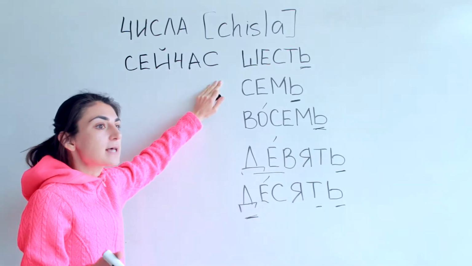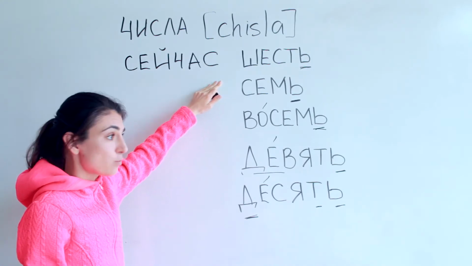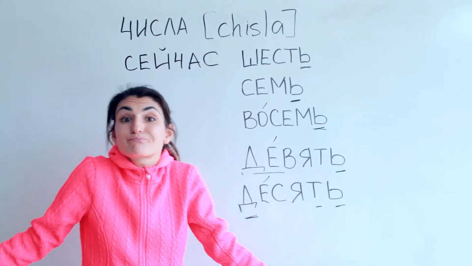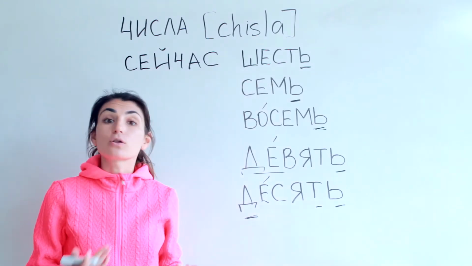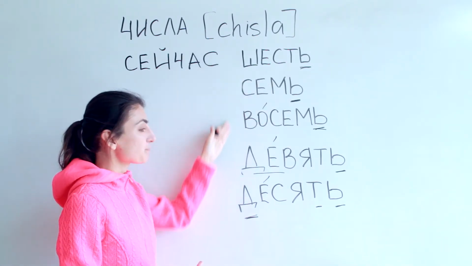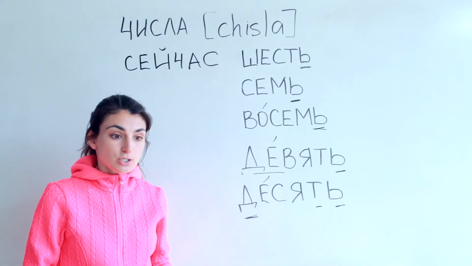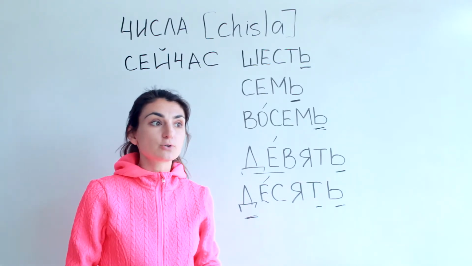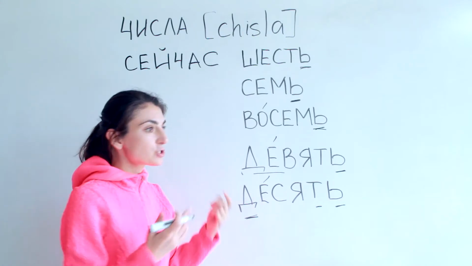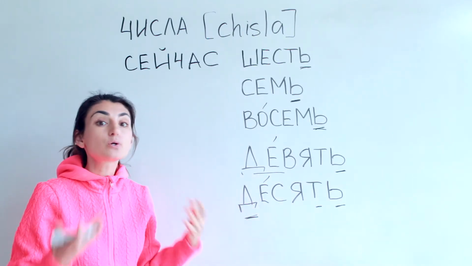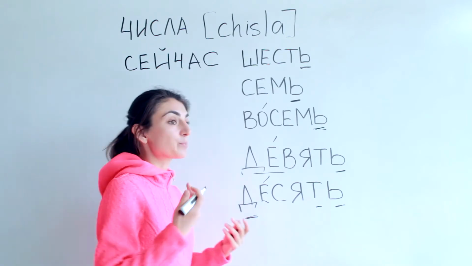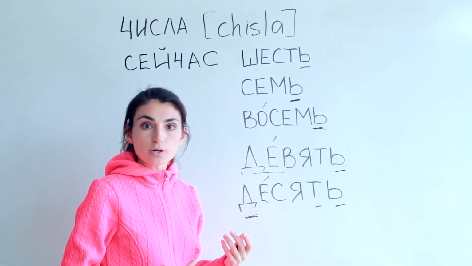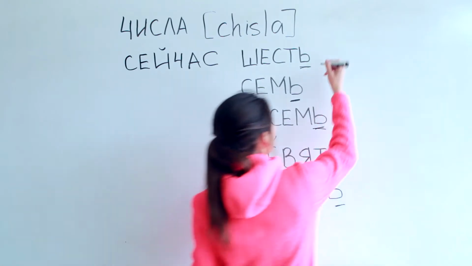We don't have is and are. We don't need it. Why? Just don't. Сейчас 6, and then we need the word o'clock. This is a plural form o'clock. So if it's 1 o'clock, it could be singular form. If it's 2, 3, 4, 5, 6, it's plural form. So you're going to learn the plural form of the word o'clock, which is